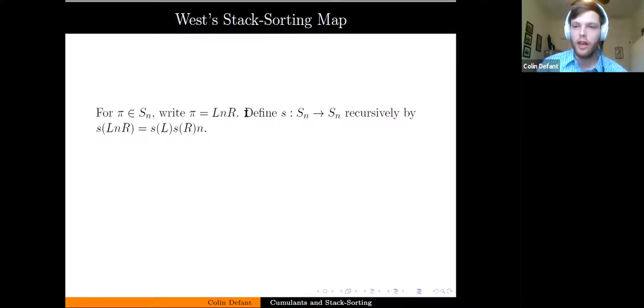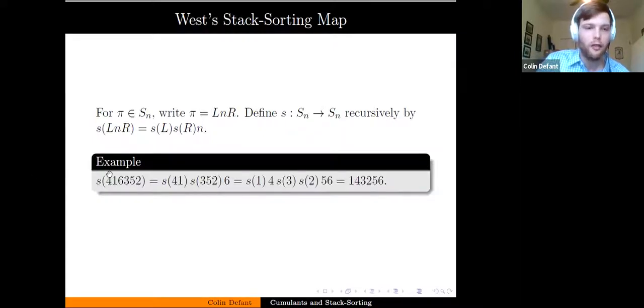So first, S is going to send the empty permutation to the empty permutation. And then if you have a non-empty permutation, you can write it as L n R, where n is the biggest number in the permutation, L is the stuff to the left of n, and R is the stuff to the right of n. And then you just define S of L n R to be S of L followed by S of R followed by n. So as an example, if I wanted to find S of 416352, then n here would be